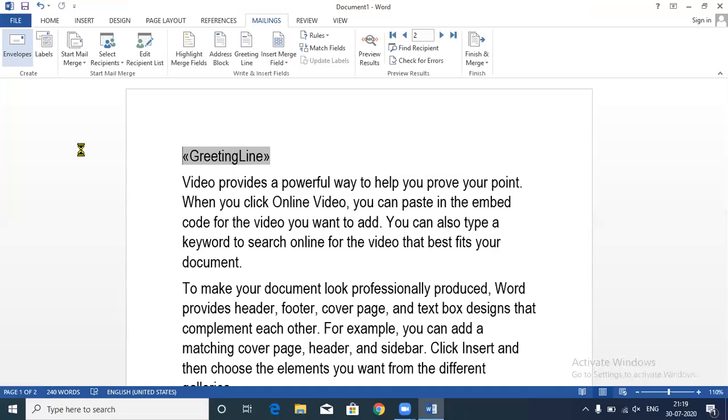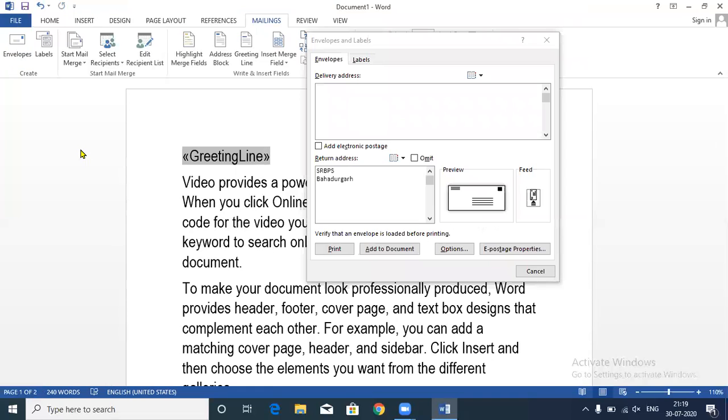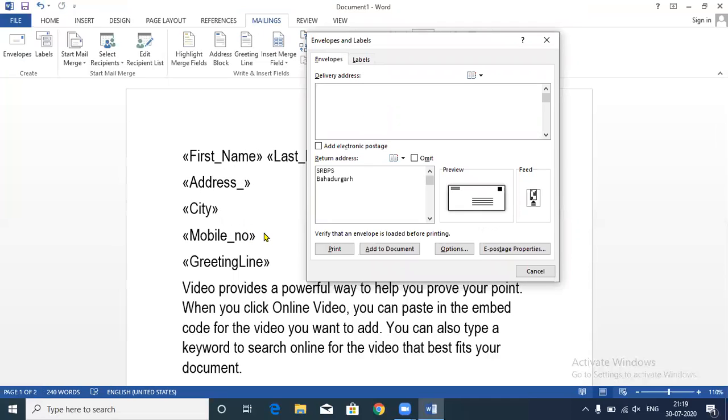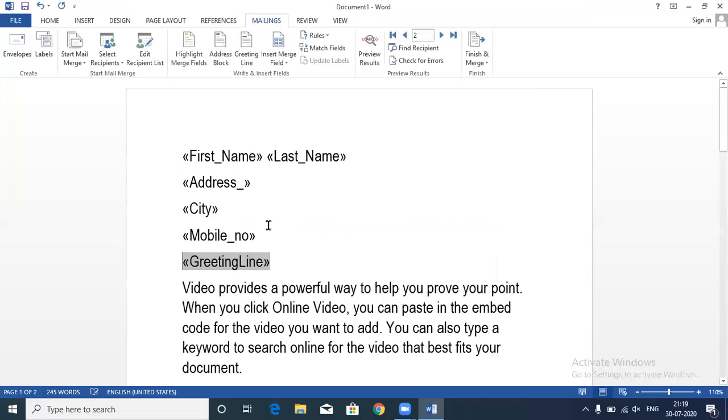When you click on envelopes, one dialog box will be shown. Here you are supposed to paste those merged fields which I have copied from here. Let me do it again.